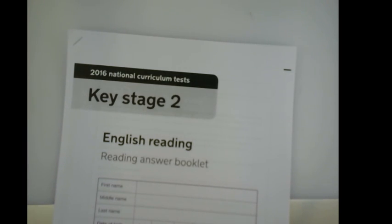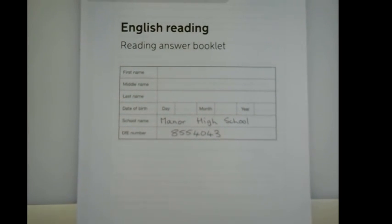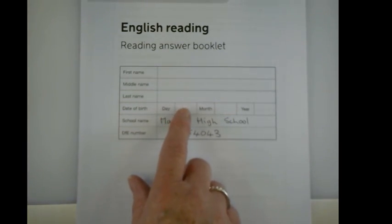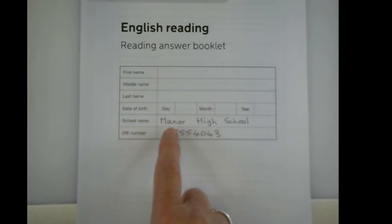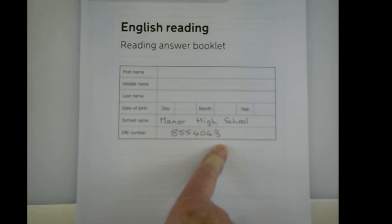Okay. First of all, let's fill in the front of this reading booklet. You can see it's got a space for your first name, your middle name, your last name, a place for your date of birth, the day, the month, the year, and then you also need to fill in Manor High School, and then this is a reference number, but the more you get used to filling it in, you'll get to know it,